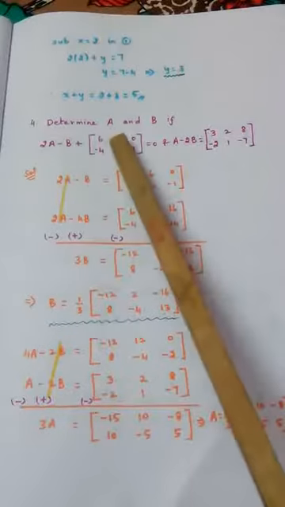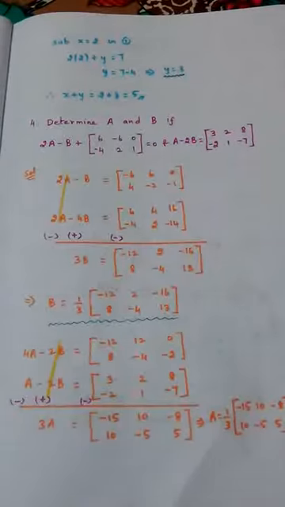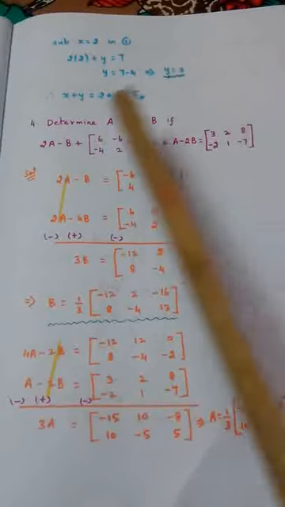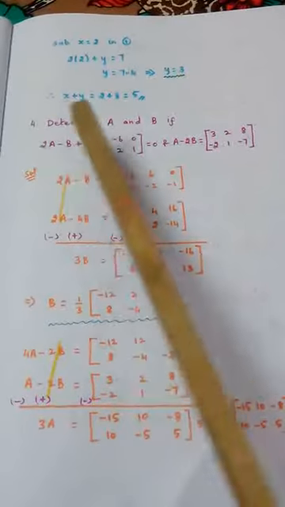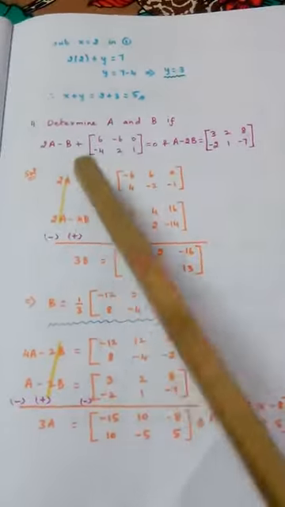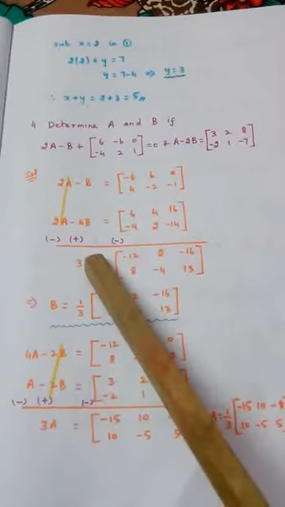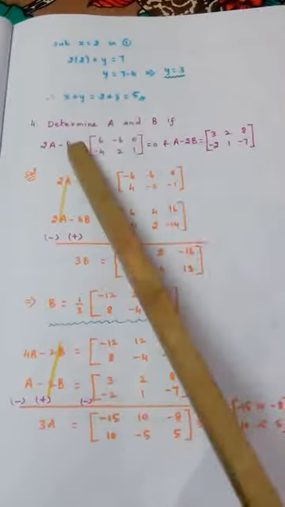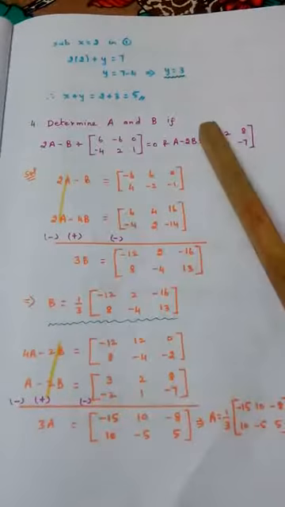Still we need to find matrix A. So once again I am going to start with the question. Try to understand what I am telling. Now I have cancelled A and found out B. Now I want A. So I need to cancel B now. In these two, now I want to cancel the B term.